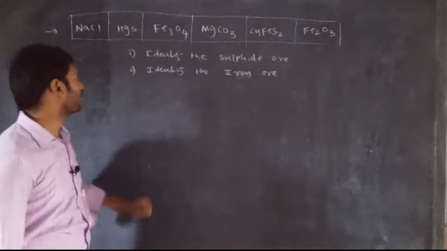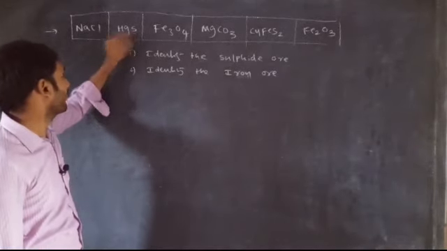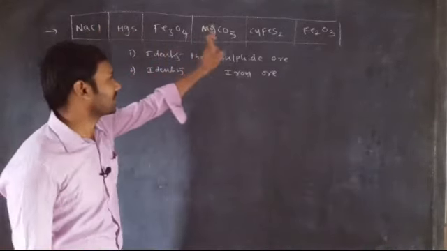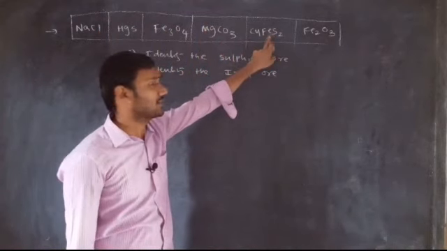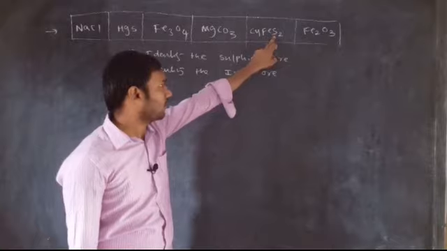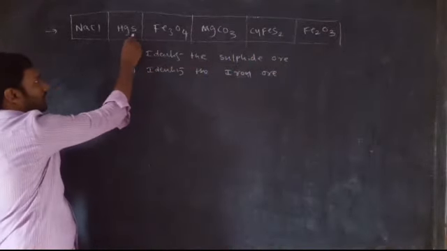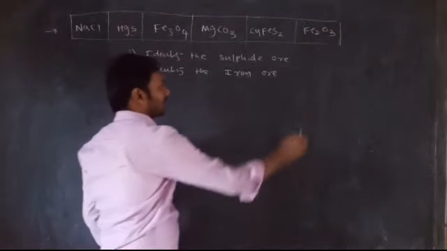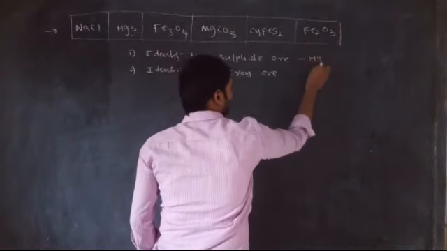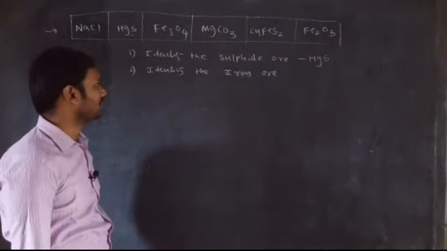So where is the sulfide ore present here? This is the mercury sulfide. So this is the sulfide ore, and the remaining ones do not have sulfur. Here it has sulfur, but this is the copper ore, copper iron pyrites. So this is the copper ore, but sulfide ore is what is asked. So now, identifying the sulfide ore, this is your correct option. What is the answer here? Mercury sulfide, generally we call it cinnabar.